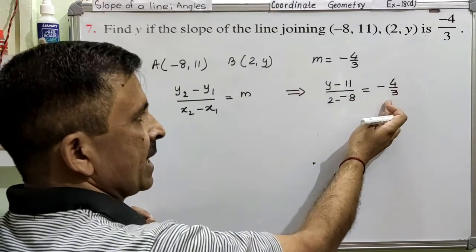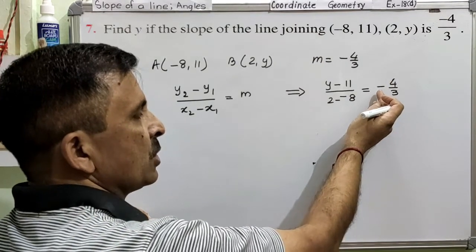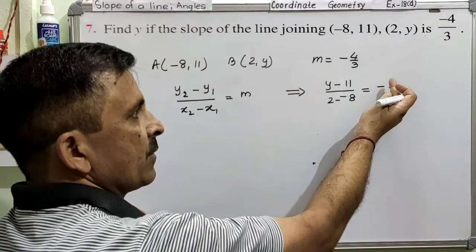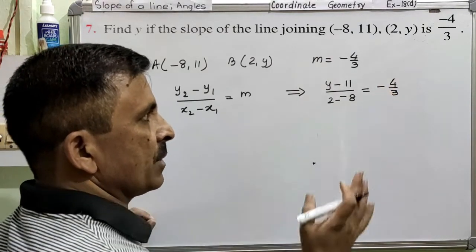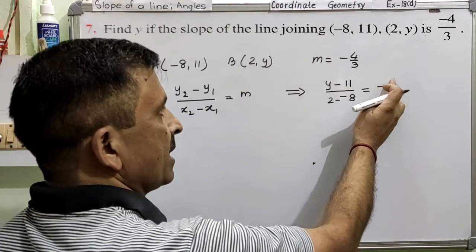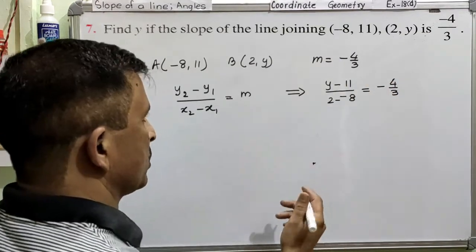On the right hand side our fraction is a negative number. So when you are cross multiplying, you have to be mindful. You have to know whether you are taking this minus sign with the numerator or with the denominator. Your wish. Am I very clear? So I am going to take this minus sign with the numerator. That means my denominator will remain positive. And then I am going to do the cross multiplication.